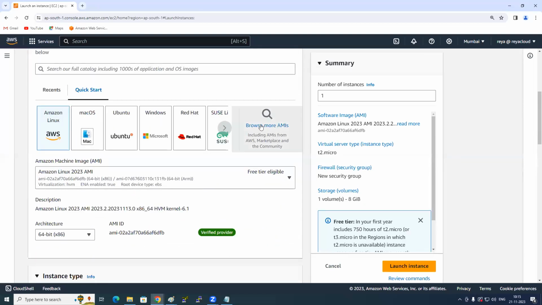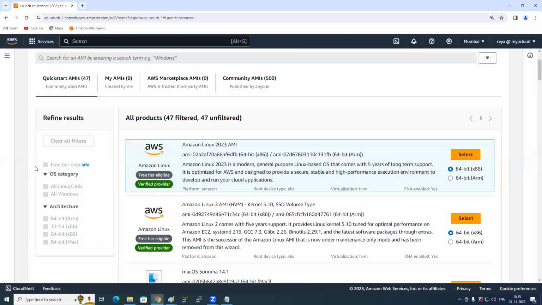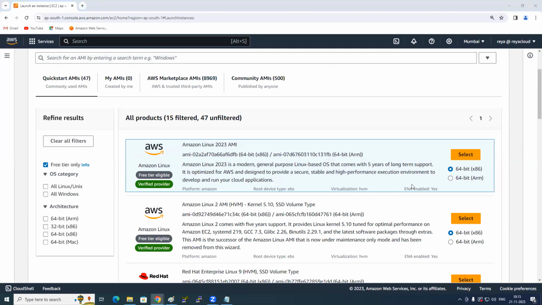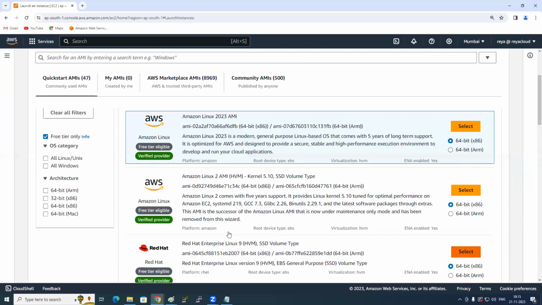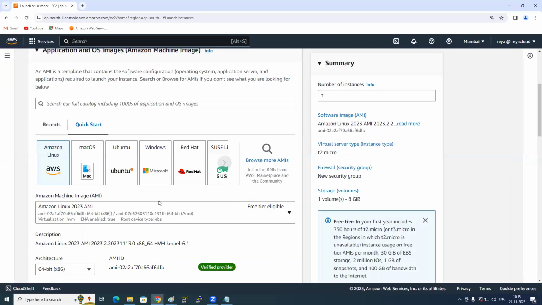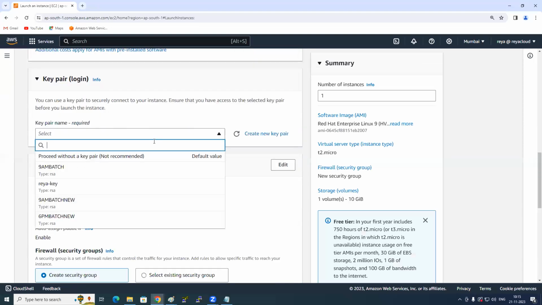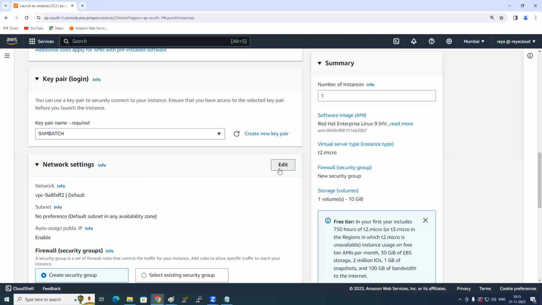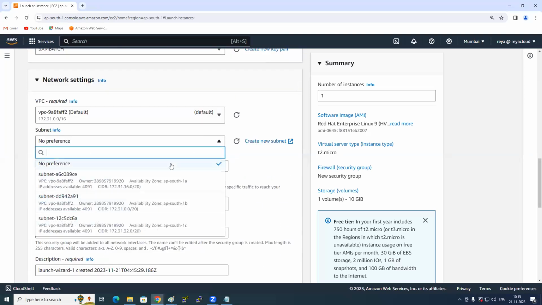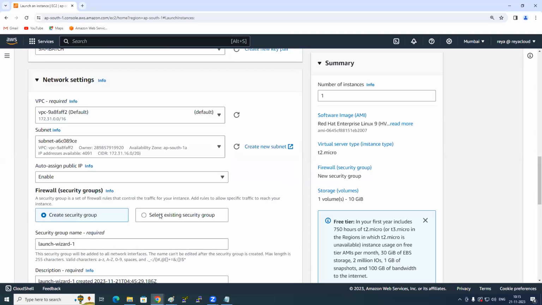And then here, browse more AMIs. Red Hat. Come down. T2 micro is fine. Key pair, 9M batch. Edit this and put it in 1A and select